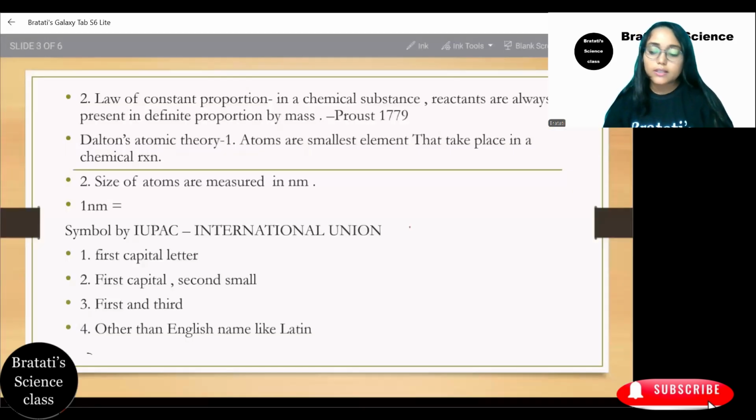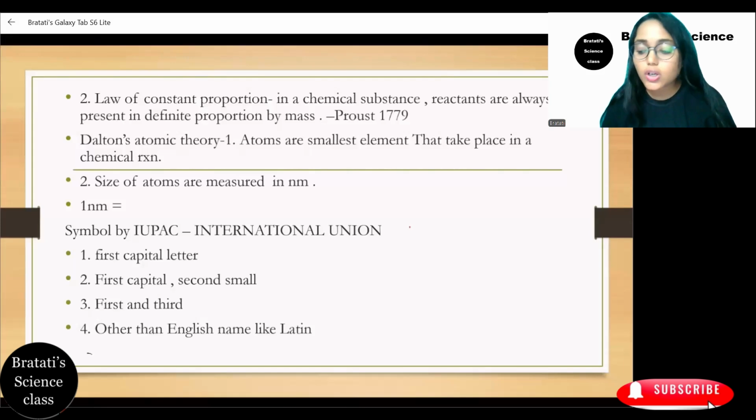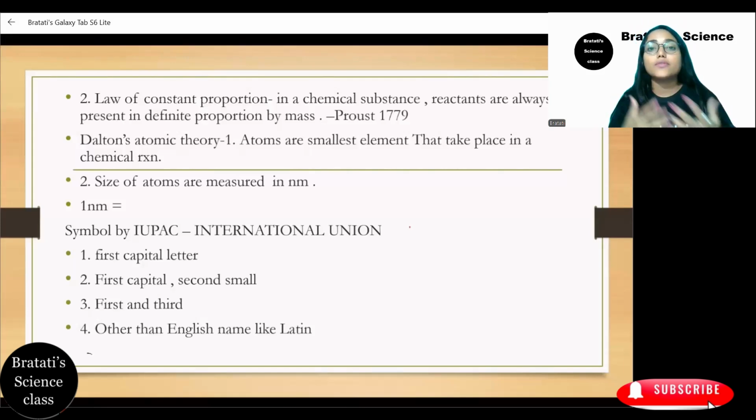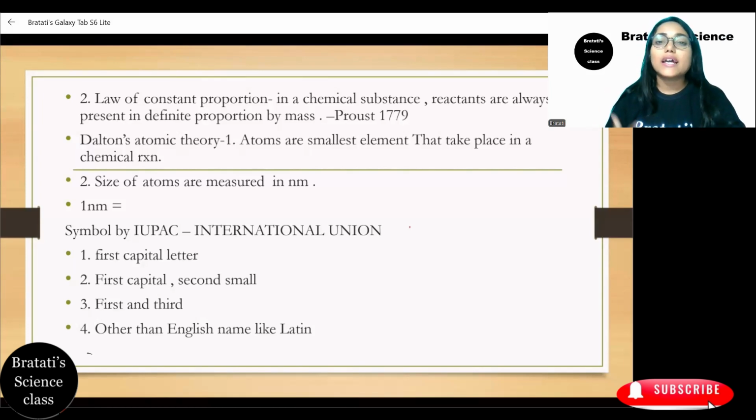Then came John Dalton. John Dalton observed what the other philosophers had said previously, and then he modified it and came to the conclusion that the atom is the smallest element of any matter and it cannot be further broken, which has a major drawback, because we know that now atoms can also be broken into ions. That we will come to later. Positive charge, negative charge: positive ion, cation, and negative ion, anion.